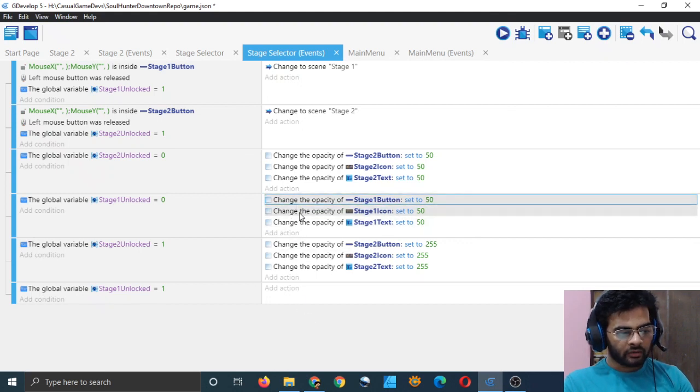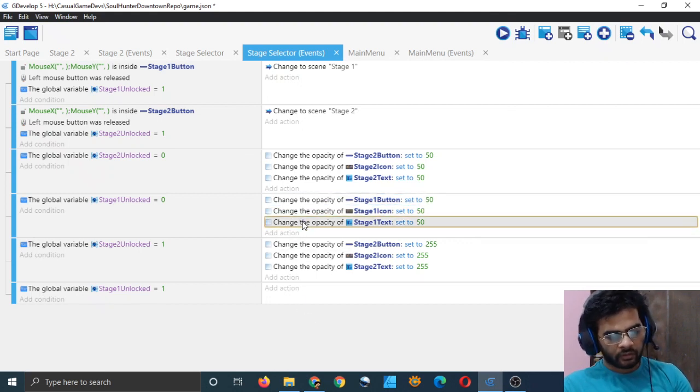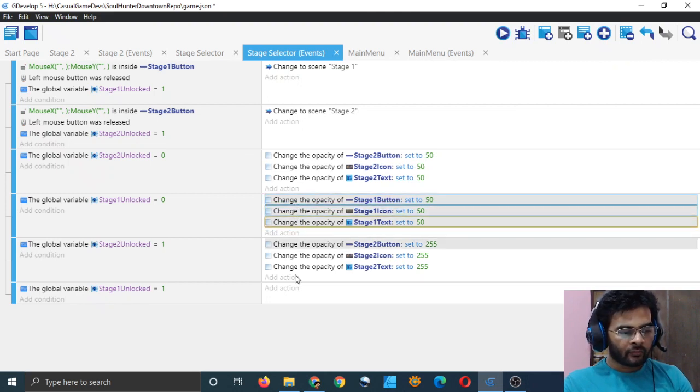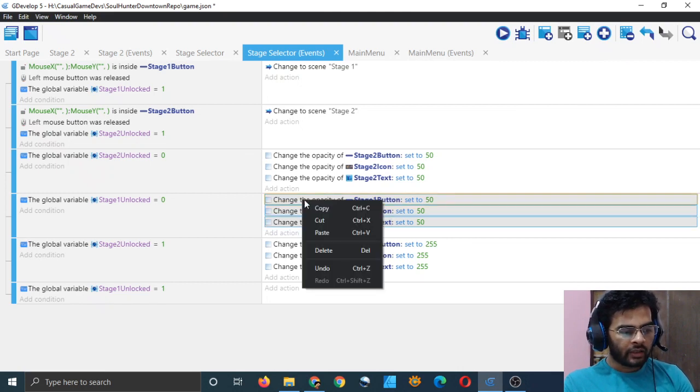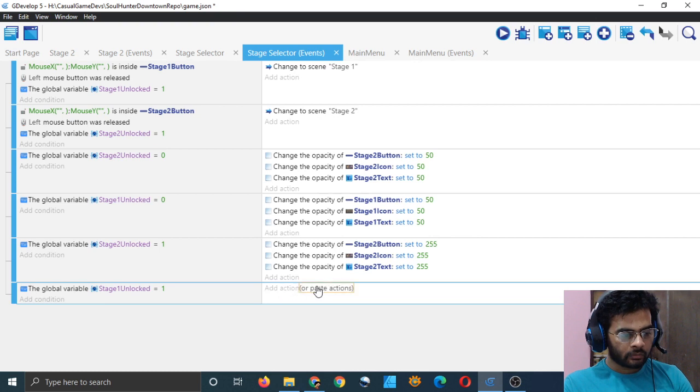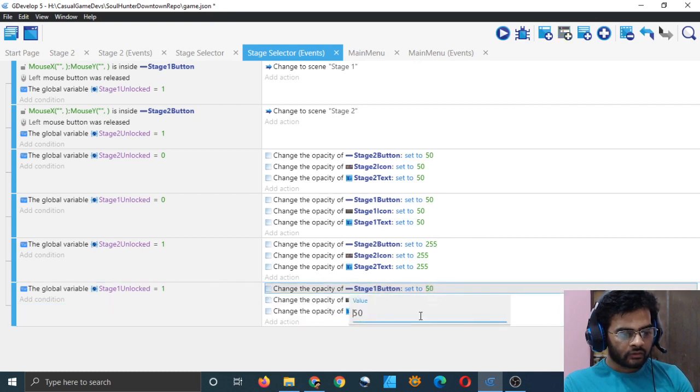I am selecting several actions at once by pressing shift. It won't work with control. You have to press shift to select all of them. Right click, copy, and then go here and paste action, and then change this 50 to 255.